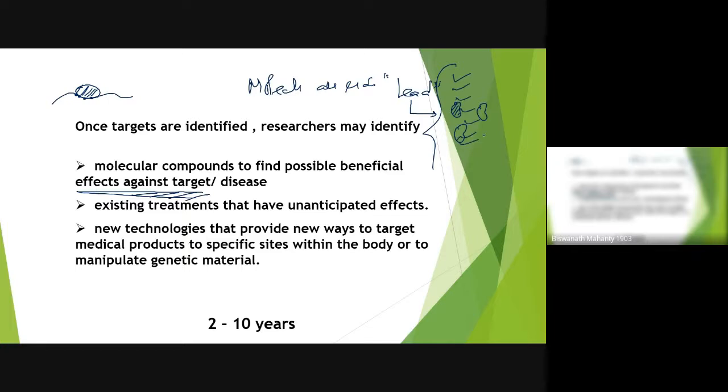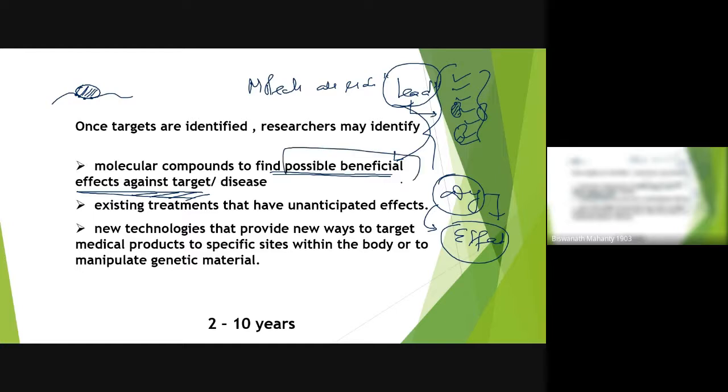Once this criteria is fulfilled, then this lead molecule can be a candidate for clinical trial. And before going to clinical trial, they need to identify whether this is going to have any beneficial effect or not. That is the pharmacological effect. When the drug is administered, what is the effect we are observing, right? Cause and effect. You are administering the drug, what is the result? So they need to find out whether the intended result is coming or not, whether it is beneficial for this or it is not going to be beneficial.